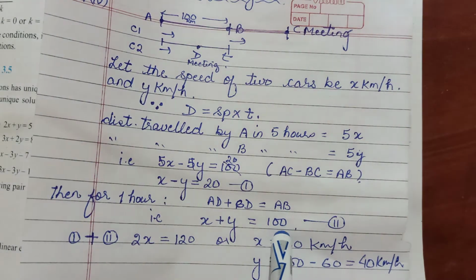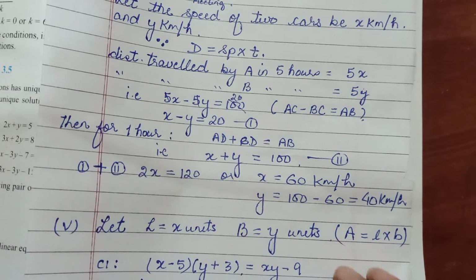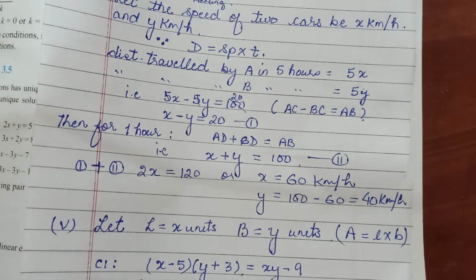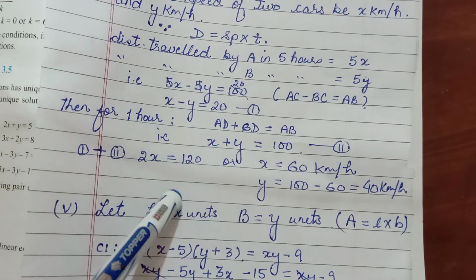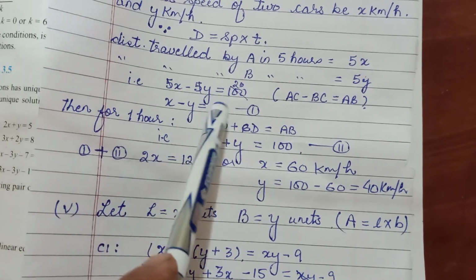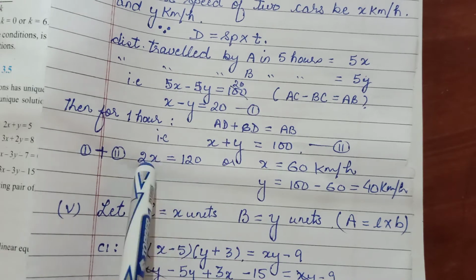Alright. So these are your two equations. You just have to solve them simultaneously. Any method you can choose. I have done it by elimination because दोनों equation को add करके minus y plus y cancel हो जा रहा है. x plus x, 2x is equal to 20 plus 100, 120. So x is equal to